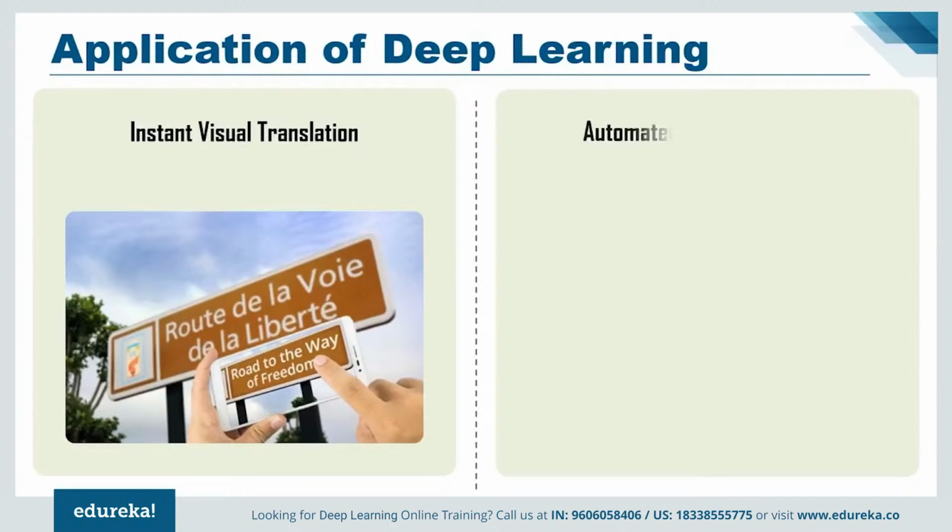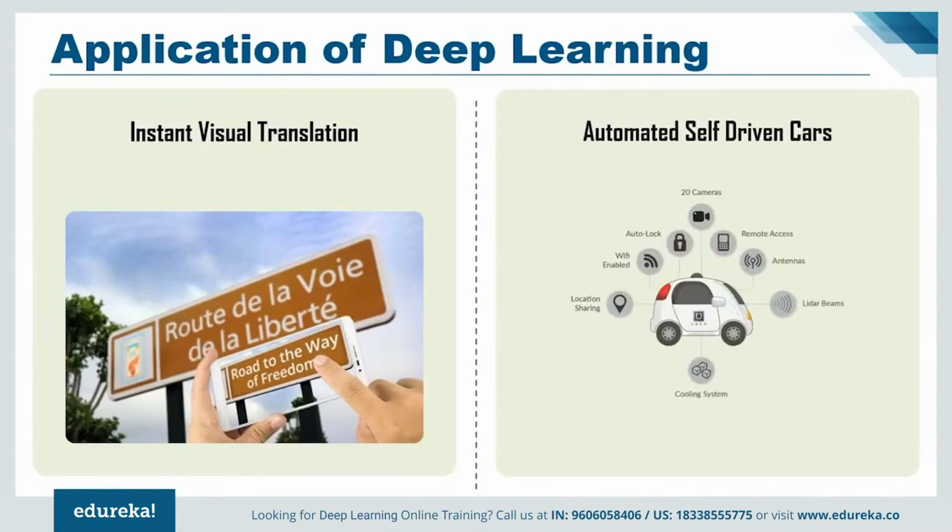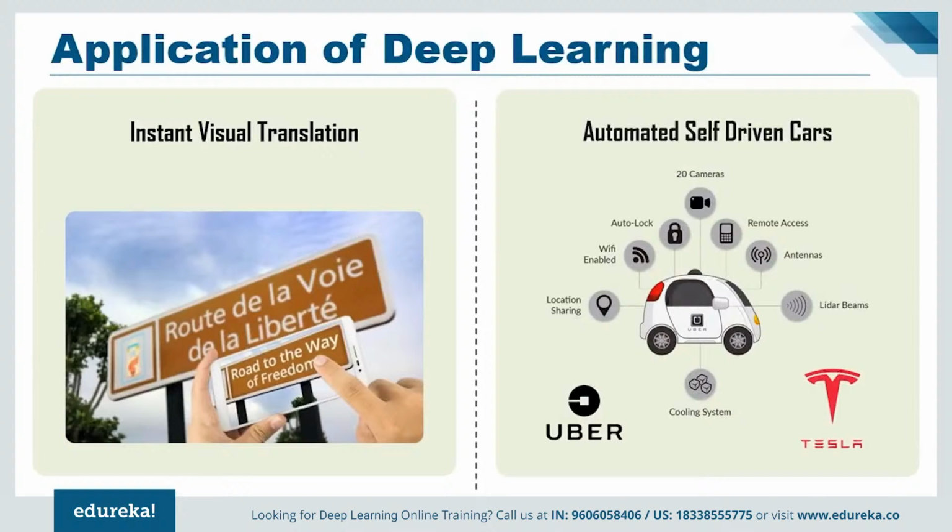Now, if we talk about automated self-driving cars, it's not something which isn't there. It's very well there and people are using it. Google is trying to take their self-driving car initiative known as Waymo to a whole new level of perfection using deep learning. Therefore, rather than using old hand-coded algorithms, they can now program systems that can learn by themselves using data provided by different sensors.